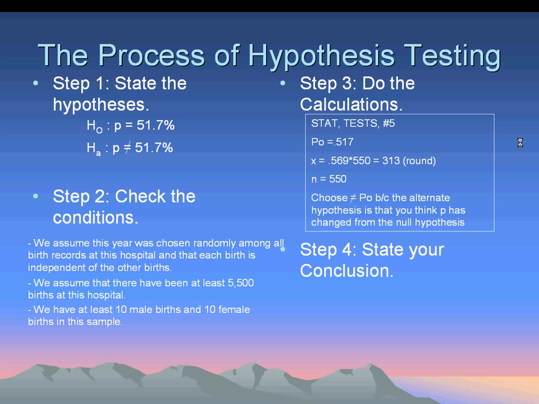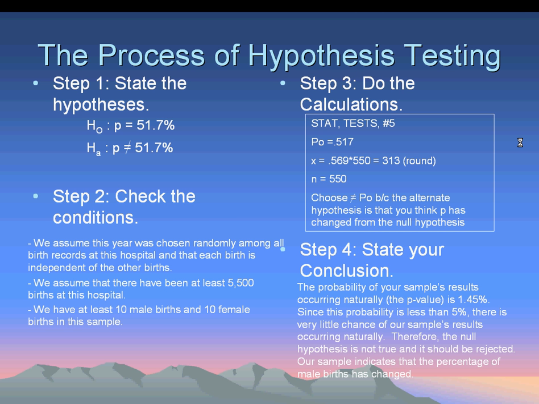So you want to put in 313. Successes here would mean male births. n is the whole sample size, which is 550. For the alternate hypothesis, choose not equal to p0, because we think the p-value has changed, not necessarily high or low, but changed from what the null hypothesis used to be. When we do our test, we get a p-value of